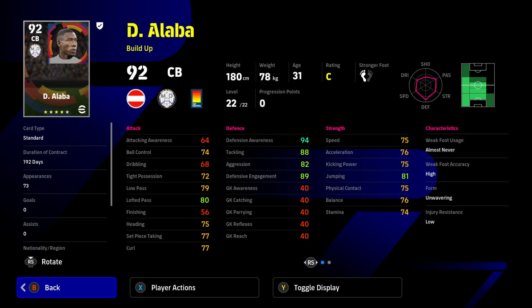Alaba from Real Madrid, very, very nice player here. He can play the ball out very, very comfortably. He can defend pretty well with that 94 defensive awareness. He's pretty quick as well. I do really like this player as a sort of alternative to Frankie de Jong if you haven't got a